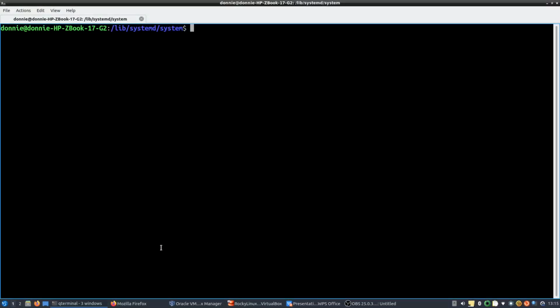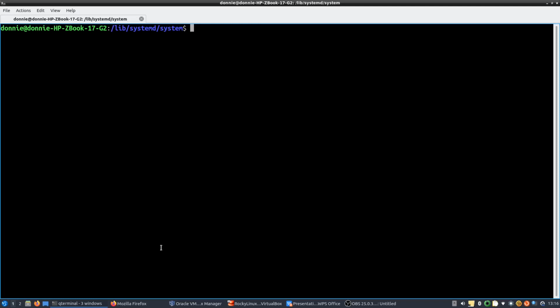Okay, so I'm going to show you some examples here of how this works on three different machines, three different setups. And we're going to start here on the laptop, which I'm using to create this video. This laptop is running Lubuntu 20.04, which is just Ubuntu with the LXQt desktop. And you can probably tell by my host name that this is a Hewlett-Packard laptop. That's okay, it doesn't make a difference. But anyway,